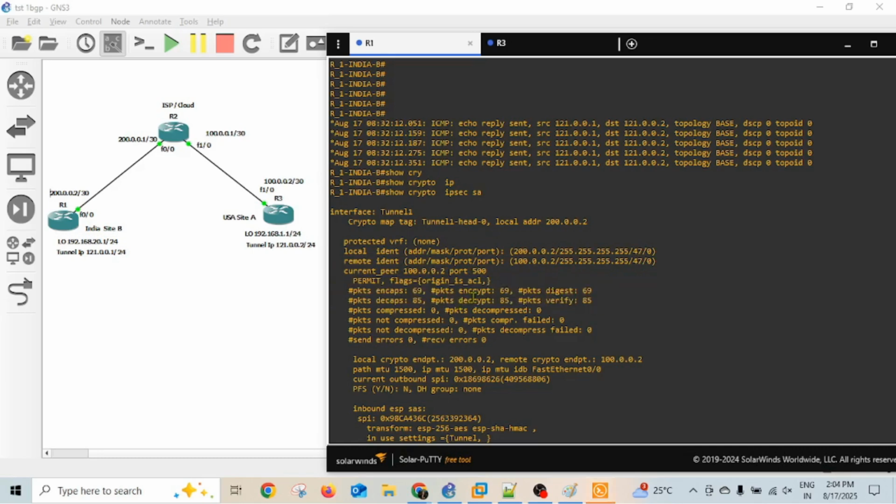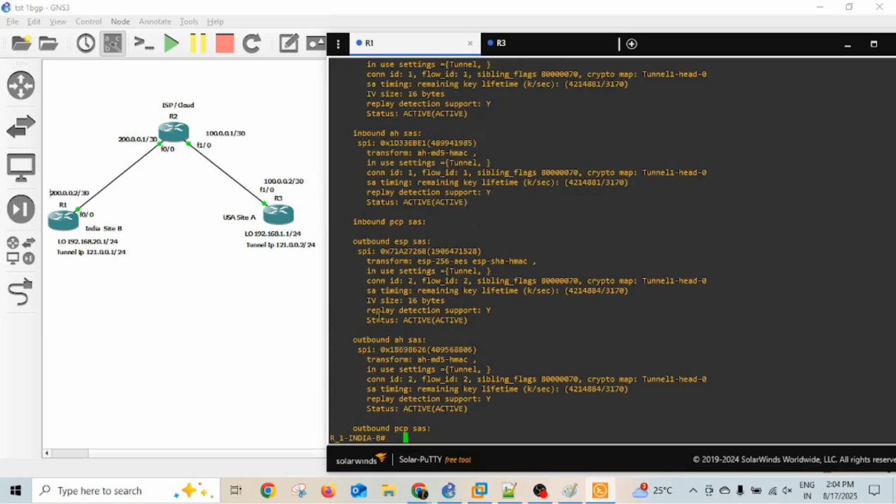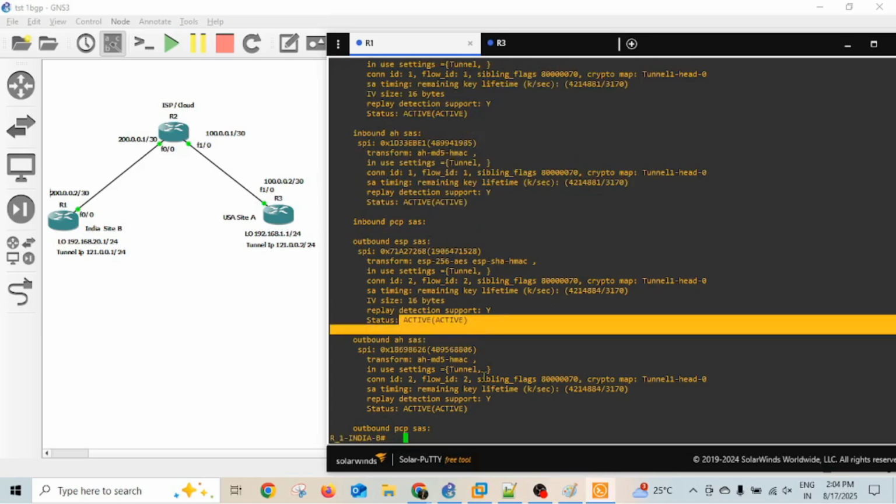These are verified, encrypted, decrypted. Also you can check the parameters and MTU size. This one also. Everything you need to check. Status is active,